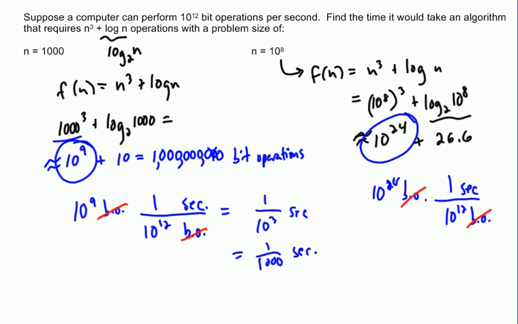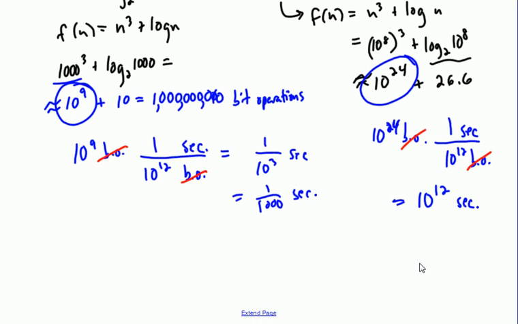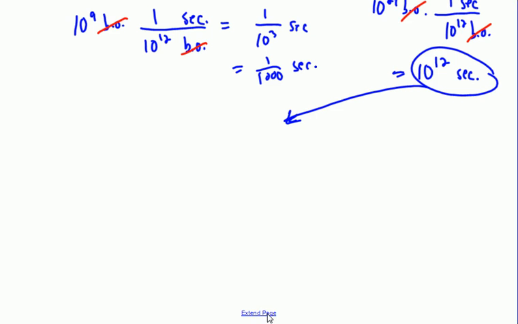Just make sure this is clear. And that's going to give us 10 to the 24th over 10 to the 12th, which will give us 10 to the 12th seconds. Okay? Now, what does 10 to the 12th seconds really mean? Well, just for interest, though this would be fine for an answer, think about how much real time this would be. So if we started with 10 to the 12th seconds, we know that it takes 60